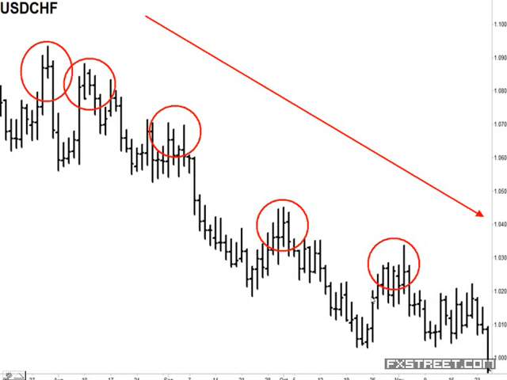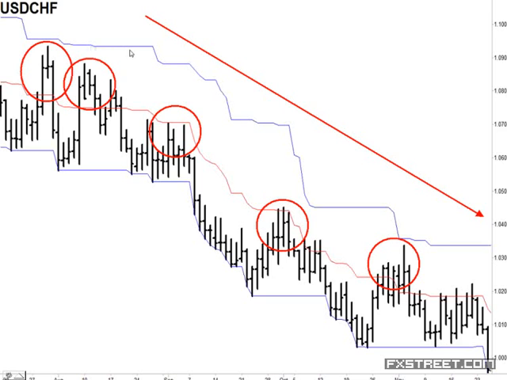It's really easy. I know a lot of educators like to look back and say, hey, I would have shorted here, I would have shorted here, I would have bought here. But how could we have done that while the market is unfolding in real time? Well, we want to add the structure. Here are the Donchian channels, once again, and they're all headed in the same downward direction, okay?